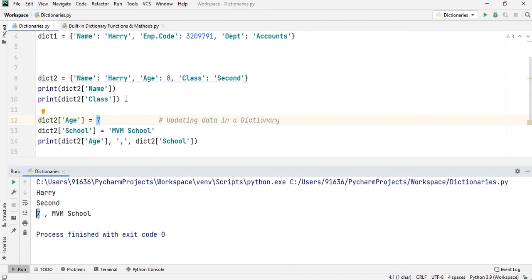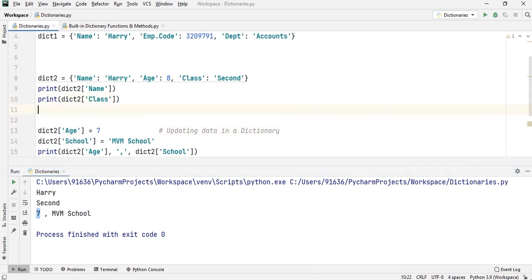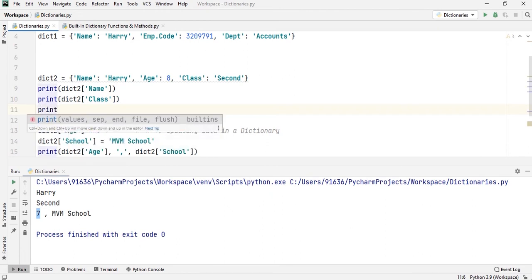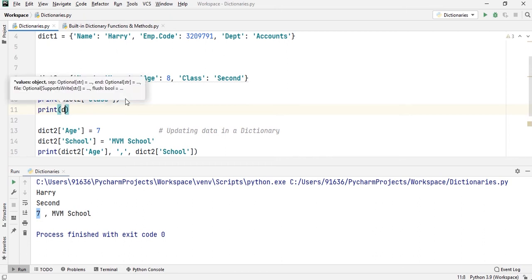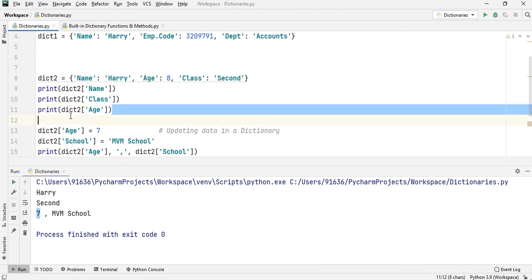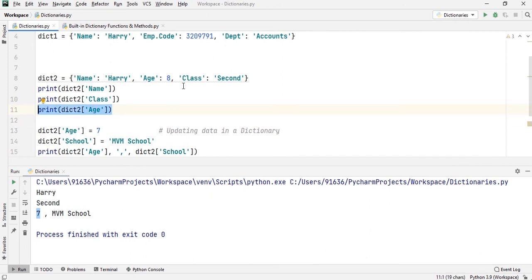But if I print the value here, say print dict2 and then age, and now if I run my program, you will see that in this line of code the age will be associated with the value 8.